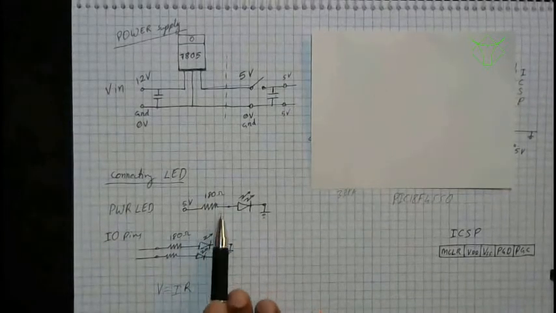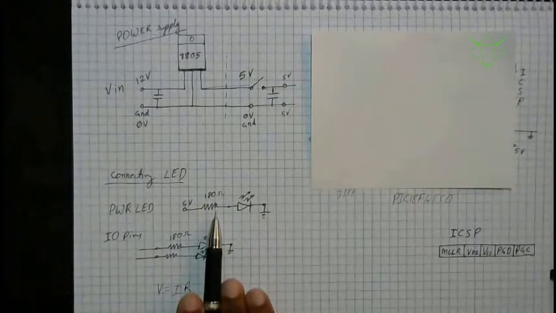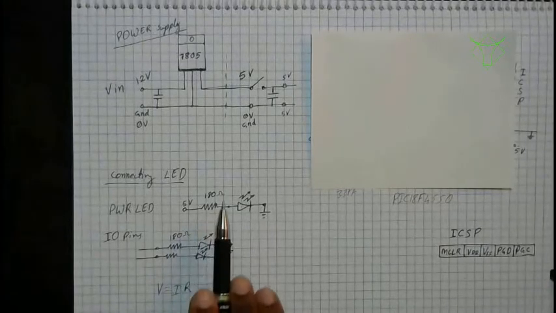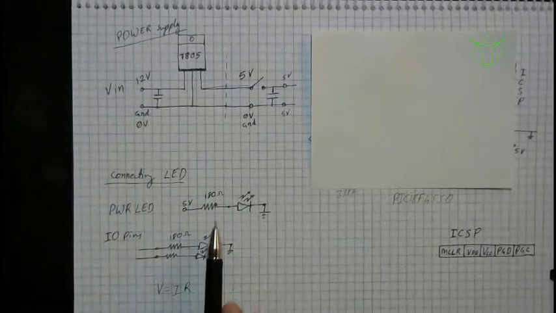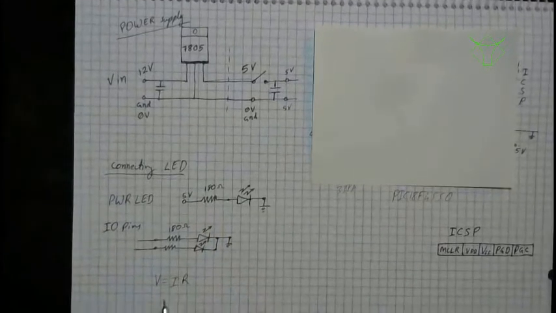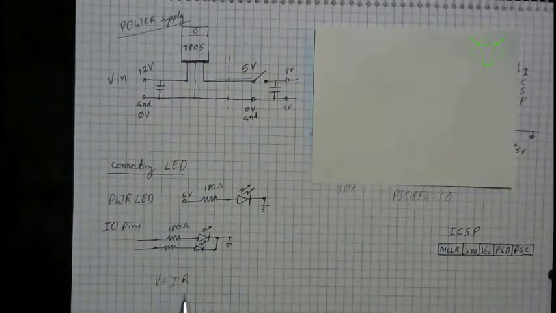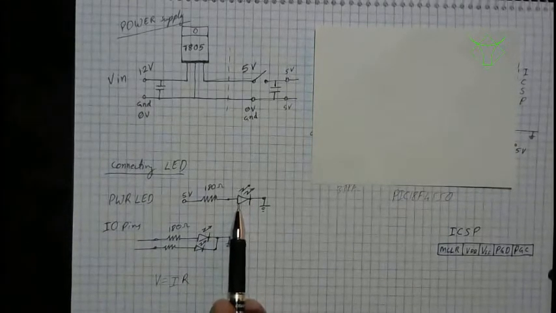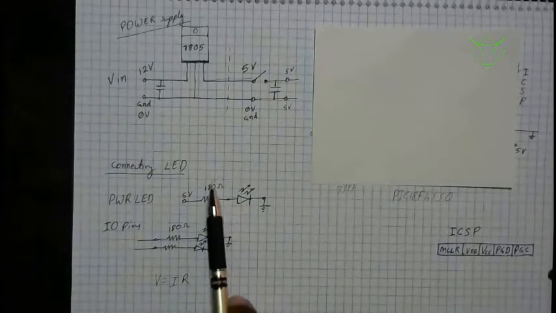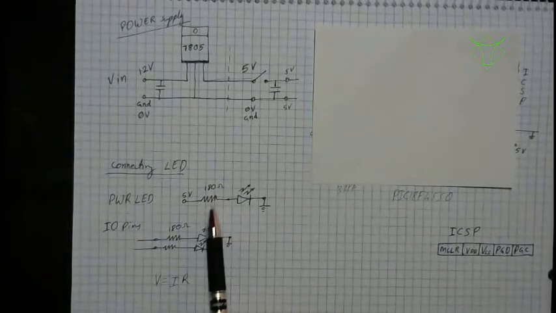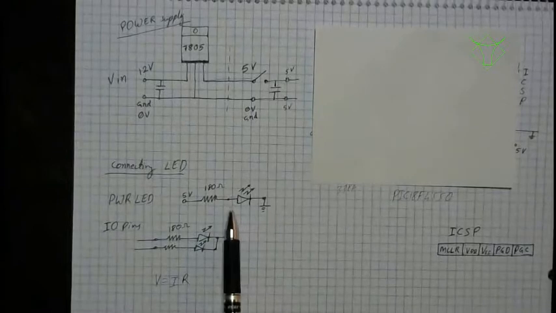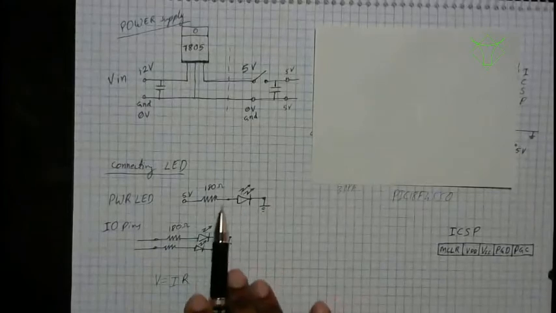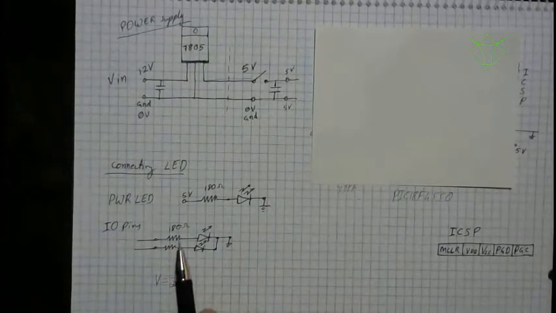How do you calculate this resistor? For hobbyists, you can just connect 180 ohms or 200, 330 ohms depending on the intensity of the LED you want. But we use a formula, V is equal to IR. So in case you are connecting a red LED, it will start glowing at 2.5 volts itself. So you have to connect the appropriate resistance here, which will drop the voltage to 2.5 volts. That is how the resistance is calculated. But don't worry, you can just connect 180 ohms and drive it through 5 volts.